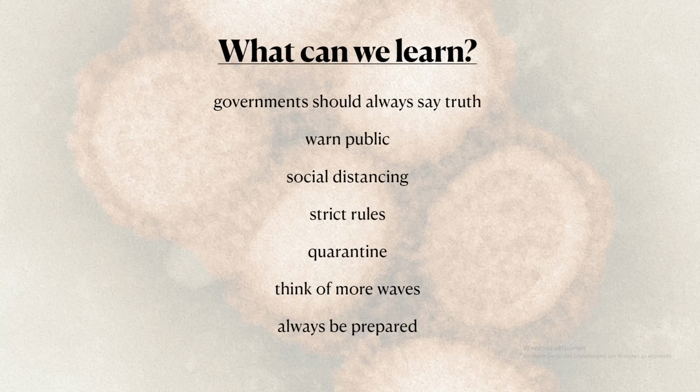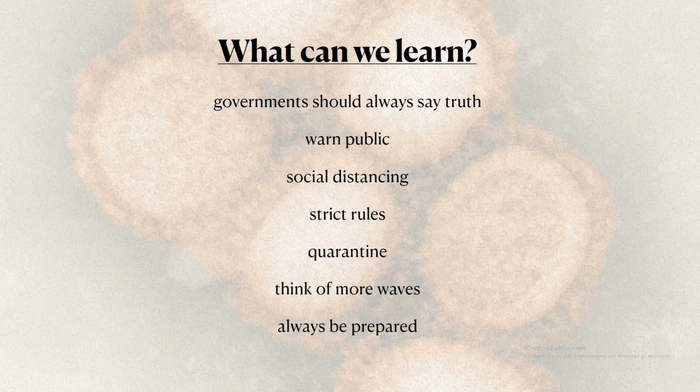So I think governments learned their lesson with the Spanish flu. They should never lie to the people and always inform the people on what's going on. They should warn the people but also motivate them to help decrease spread. They should address social distancing and point out the importance of it. The number of deaths and infections of the Spanish flu were mind-blowing. For a big part, this was the fault of the governments.